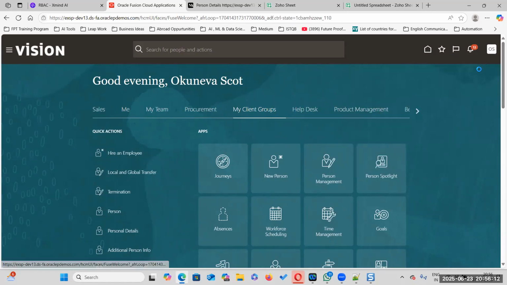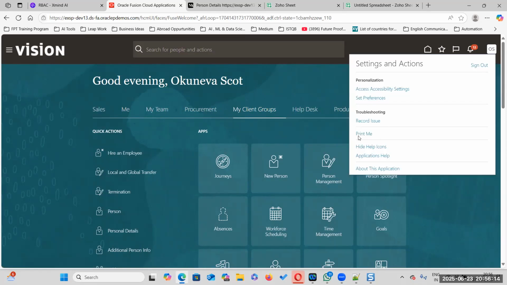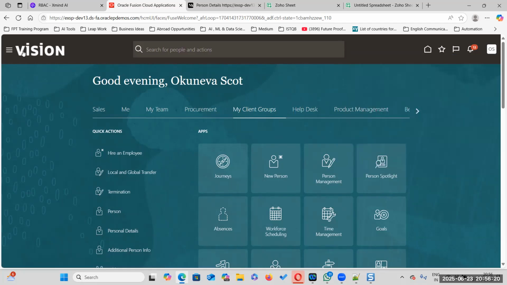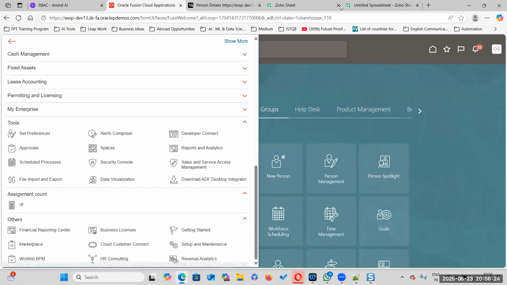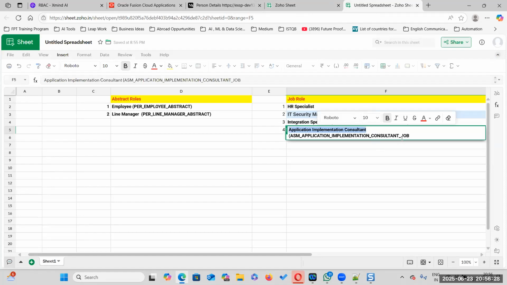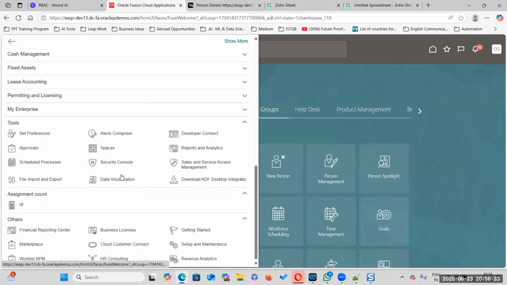I want to make him a functional consultant, technical consultant and so on. So what is the job role I have to add? Application implementation consultant. This is also a job role.